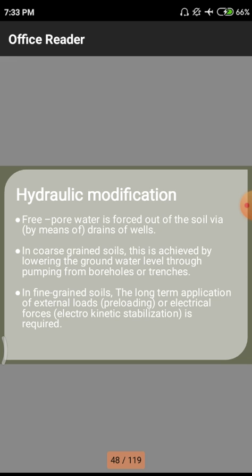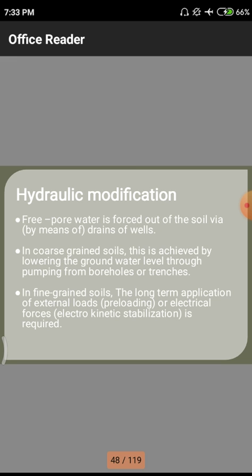That means wells, like bore wells, which have a particular diameter. But in the case of these soils we have to use small well-like structures at particular frequent intervals. Automatically all that water will be drained into those wells. From those wells we can easily catch whatever water is in the soil.